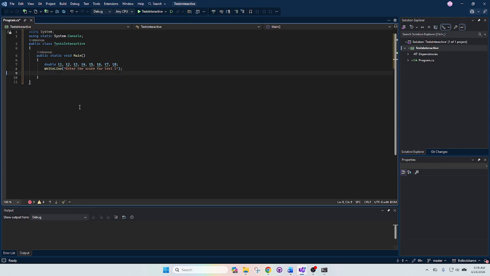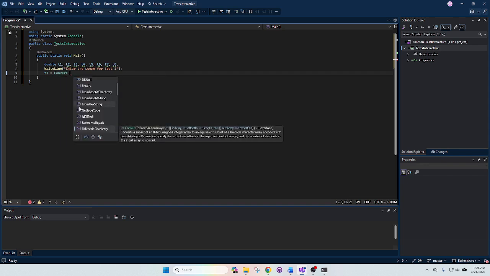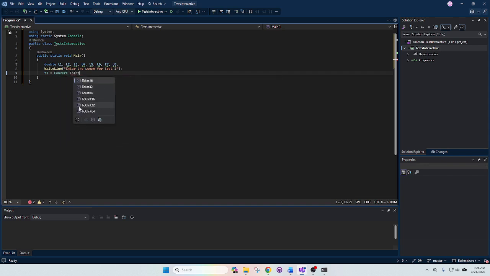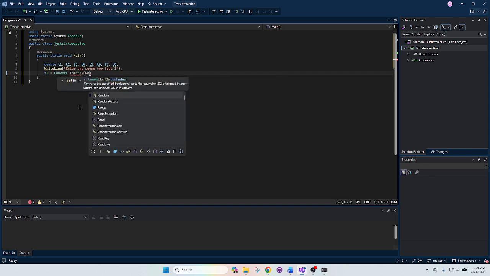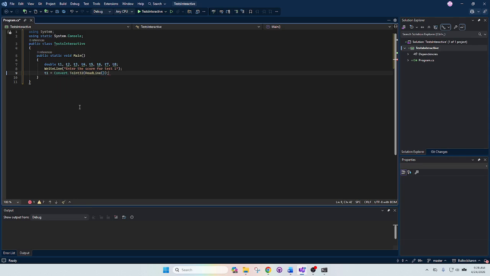And our test 1, T1, is going to equal Convert.ToInt32, whatever's in the ReadLine. That's going to convert it to a, oh, nope, that's converting it to an int, not a double. Convert.ToDouble. There we go. So we're going to convert it to a double,